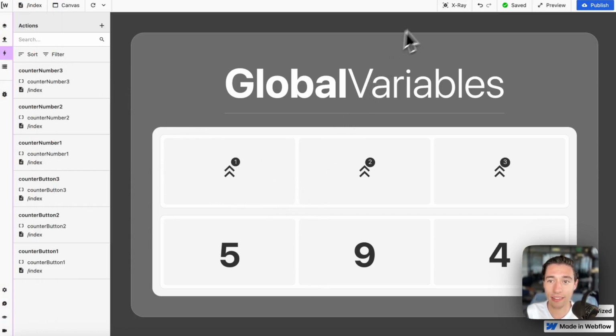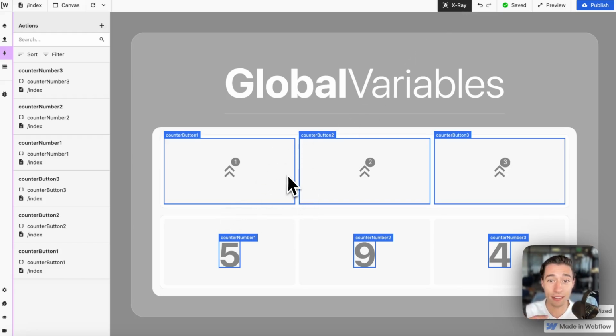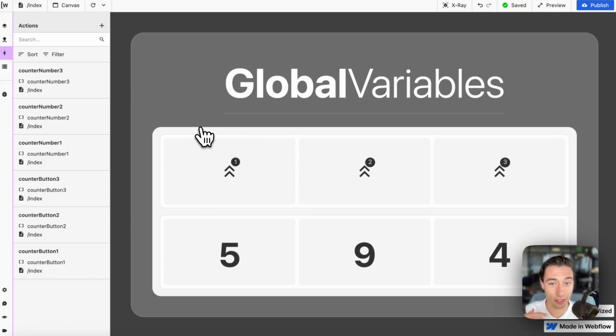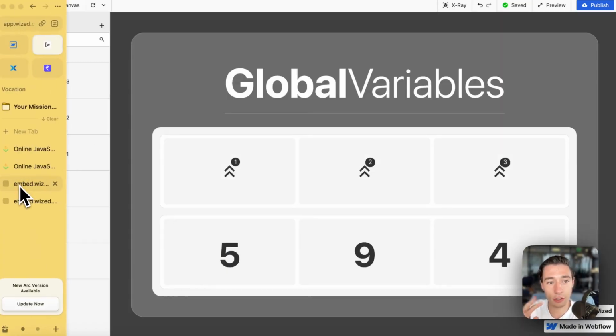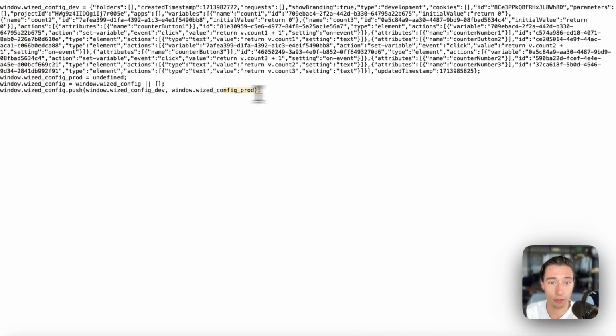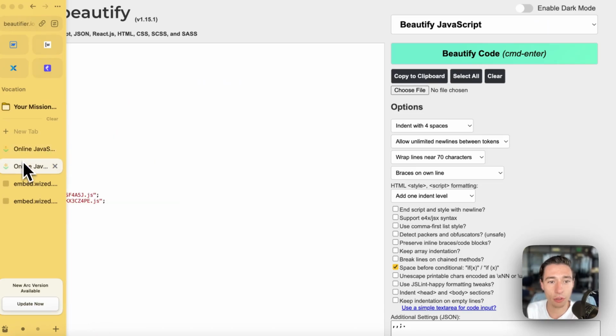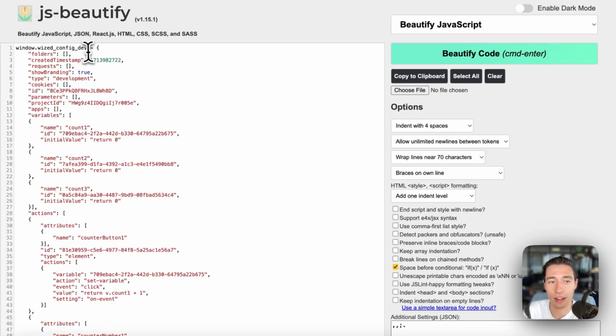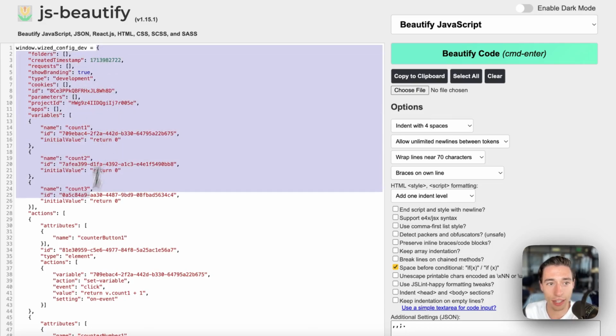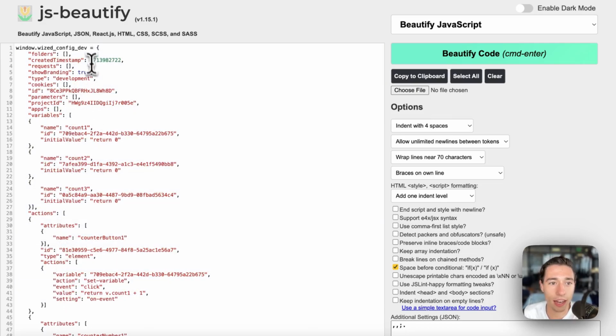So in Wized, I'm configuring actions based on attributes. In this example, I'm going to use actions for simplification purposes on top of elements targeted by ID. Now, I'm going to get two files. As I mentioned, the configuration file, this will contain all my configuration. Now, it's hard to read because it's not formatted. But if I'm going to format the configuration file, we see that we're going to define a global object here. And we call that